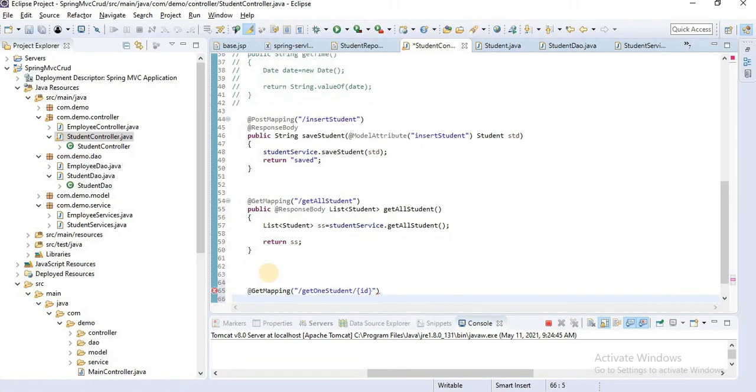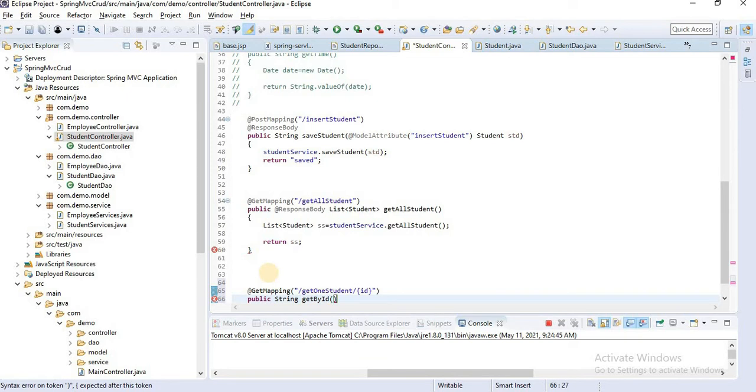Let's create a method, public student, or we can say string, string get by ID.